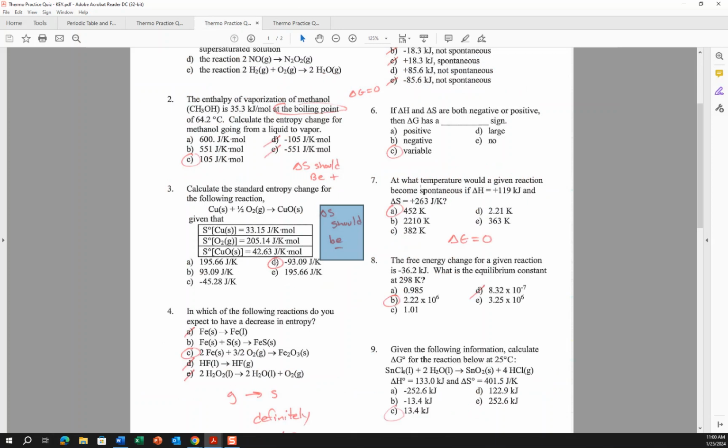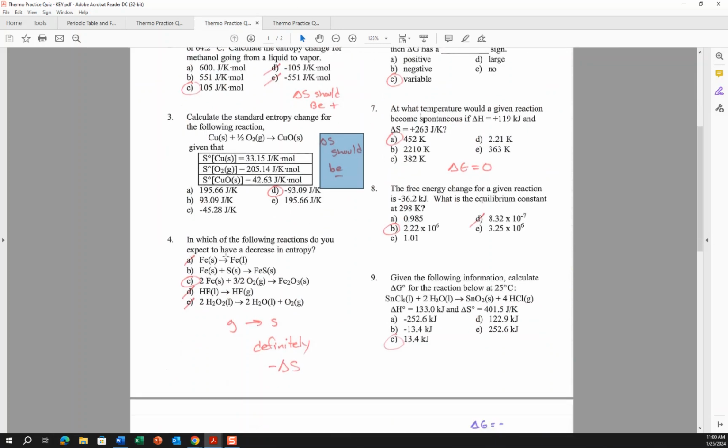Okay, so moving on to question 4. In which of the following reactions do we expect to have a decrease in entropy? Basically, we're just looking at states of matter, knowing that solids have less entropy than liquids, liquids have less entropy than gases, and aqueous ions have more entropy than ions in a solid, right? A decrease in entropy is when you want your products to be less random than your reactants. That would be a decrease in entropy, or you're looking for more ordered or less disordered